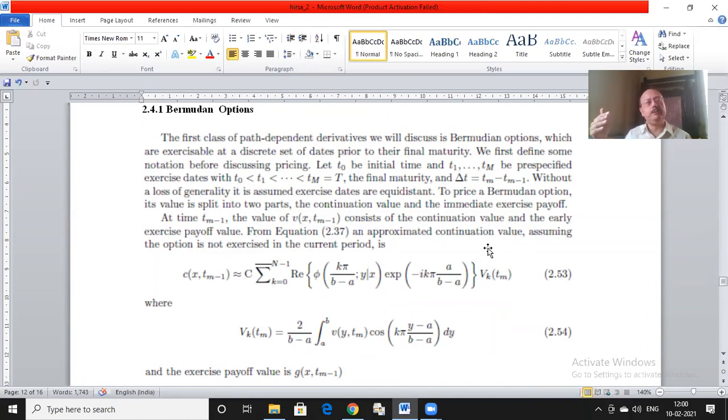Earlier, my life of the option was T capital M minus T0. Now it is T capital M minus T3. So I have a shorter life, fewer number of exercise points, but otherwise the nature of the contract remains the same. Is this clear? That it is as if I have a new contract at Tm minus 1 if I am not exercising right now.